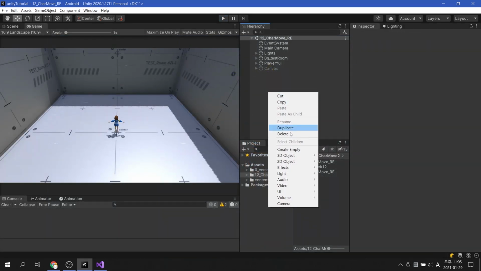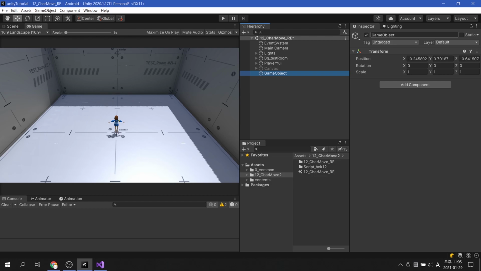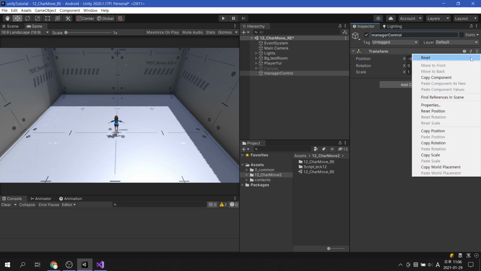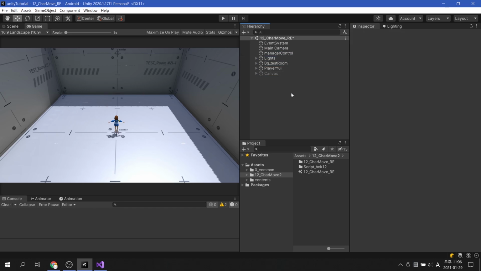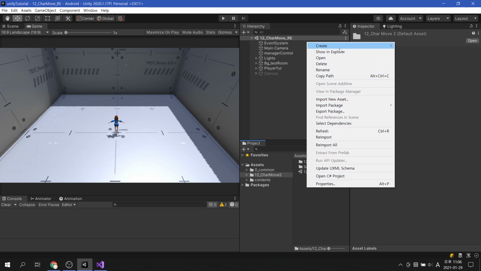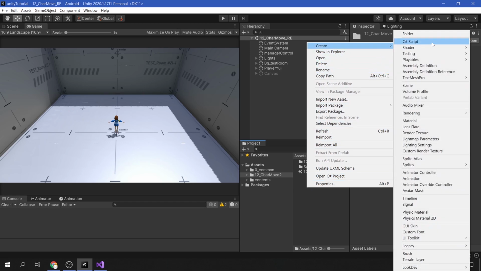First, I will create a new game object and name it Manager Control. Next, I will create a new script and then apply the script to the game object I just created.